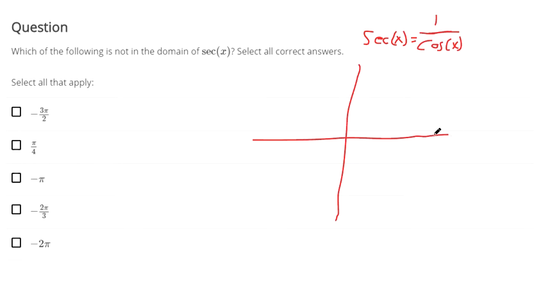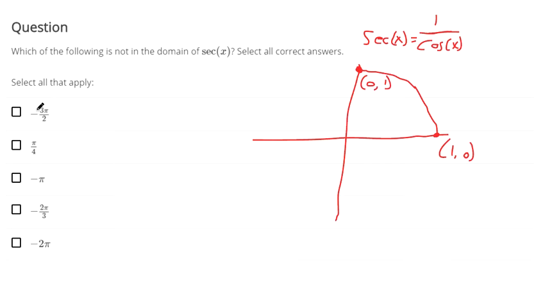Cosine are the y coordinates on the unit circle. This is like 1 comma 0. Sorry, whoa. Cosine are the x coordinates. I'm very sorry. I just did a video on sine. I think that's why I said that. Cosine is the x coordinate. So cosine of 0 degrees is 1. Cosine of 90 degrees, or in other words, cosine of pi over 2 is 0 because the x coordinate is